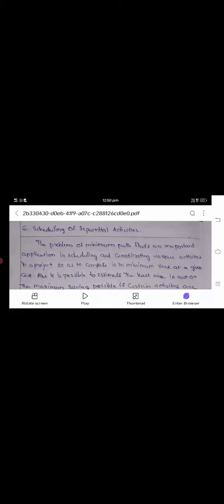We are discussing the scheduling of sequential activities. That is, the problem of minimum path finds an important application in scheduling and coordinating various activities in a project so as to complete it in minimum time at a given cost. Also, it is possible to estimate the least rise in cost or the maximum saving possible if certain activities are